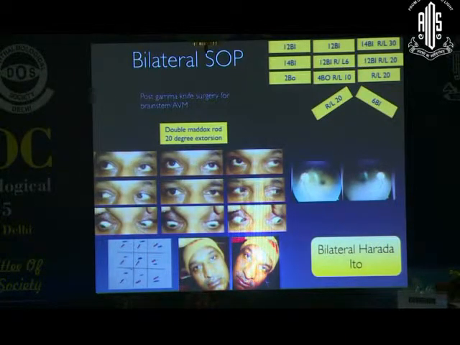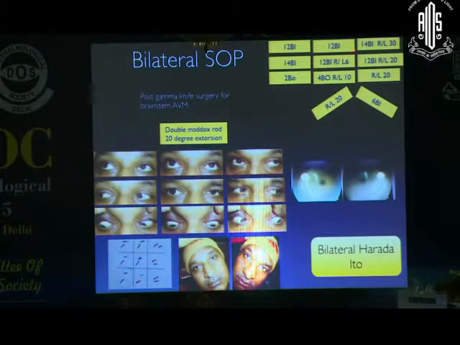Now, as you know, how do you rule out a bilateral superior oblique palsy? Normally in a bilateral superior oblique palsy, there is no vertical deviation in the primary position, and there is, suppose, right eye hypertropia increasing in the left gaze and left eye hypertropia increasing in the right gaze. And in the ipsilateral tilt, there is an increase in the hypertropia. But in this case, you can see that